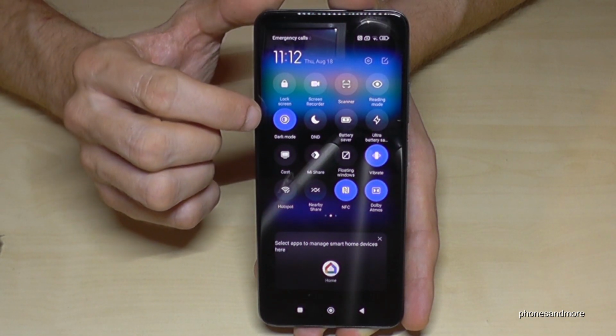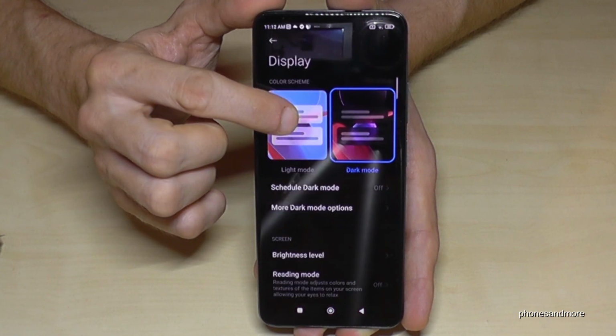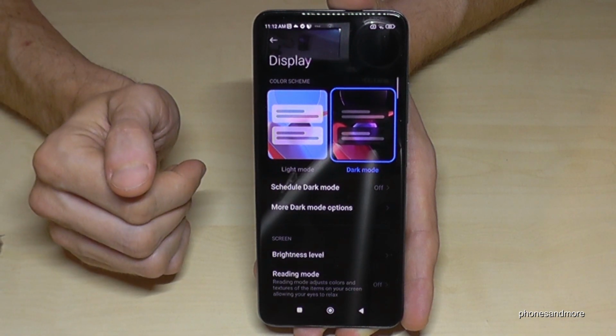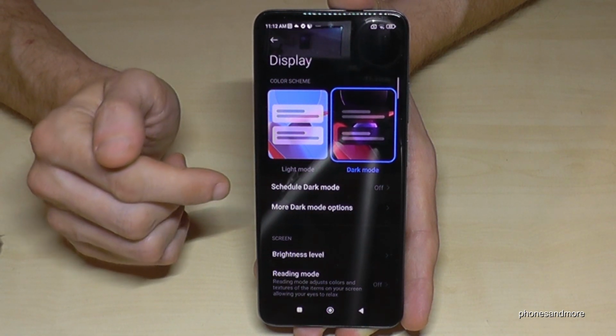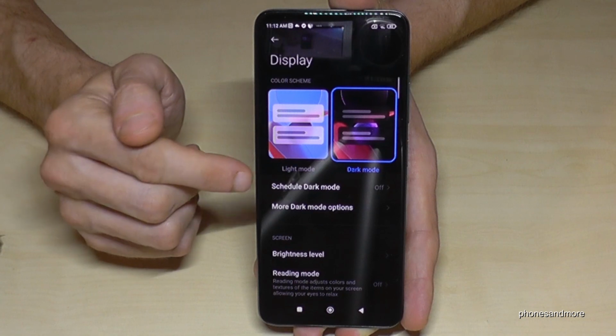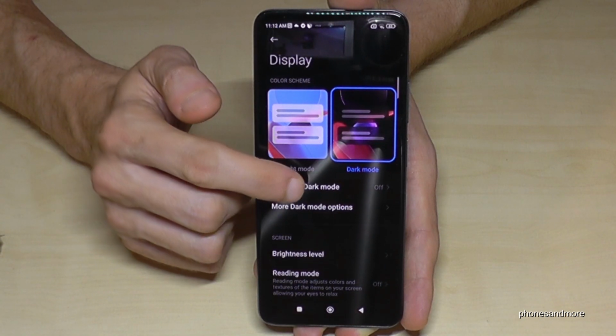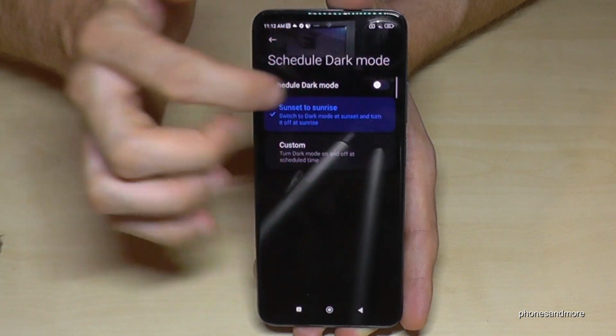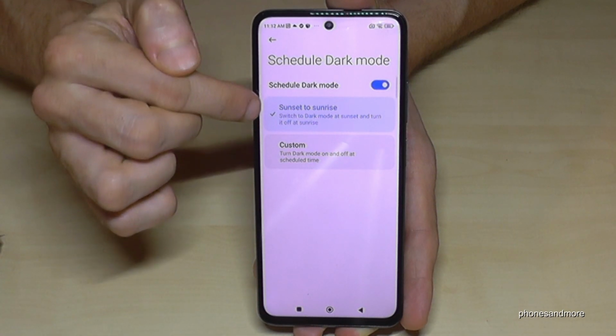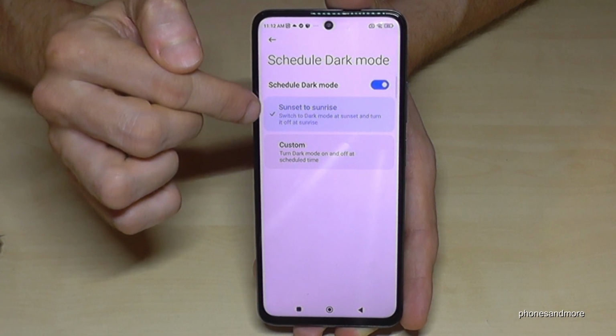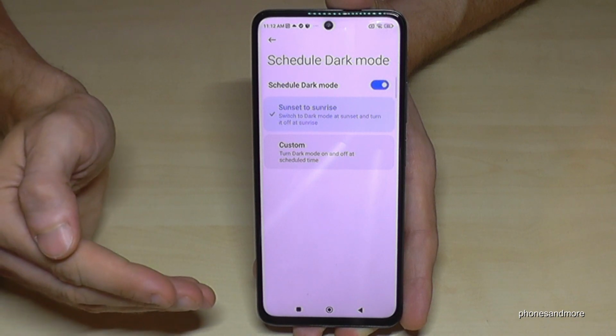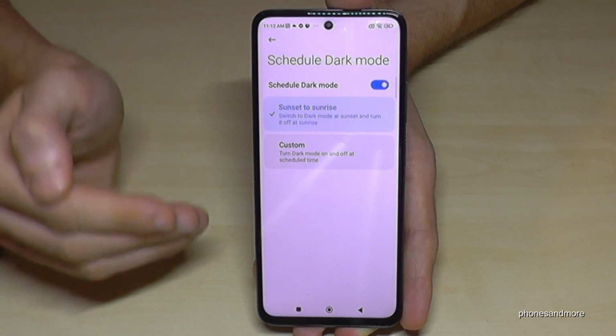For that, just long press the dark mode icon here, and you are at the settings of the dark mode. And here you can schedule the dark mode. And I recommend that you do it as well from sunset to sunrise. So whenever the sun sets, the dark mode will turn on, and when the sun rises, the dark mode will turn off